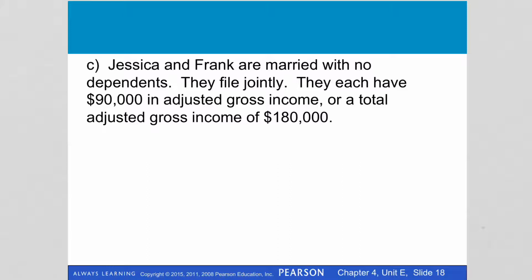So, Jessica and Frank are married with no dependents. They filed jointly. They each have $90,000 in adjusted gross income. So they each have it. So they've got $180,000 total. So, as usual, find their taxable income first. So the $180,000 minus,